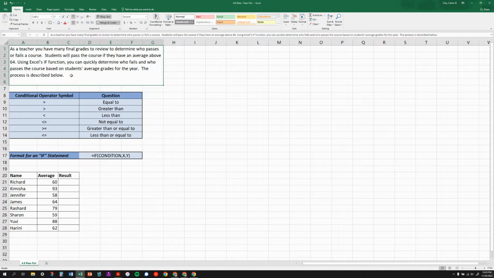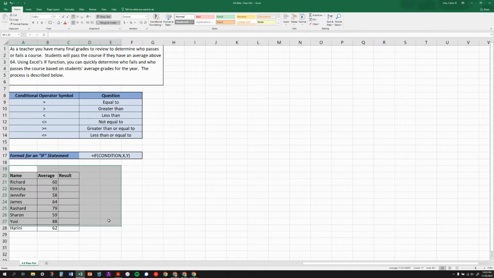So I've got some data here. We've got different student names, and this is their average. We're going to use an IF function to automatically decide whether a student is passing or not. An IF formula or function uses different arguments